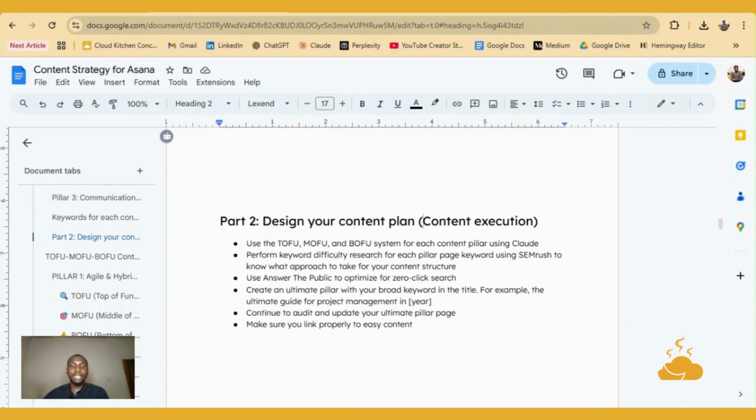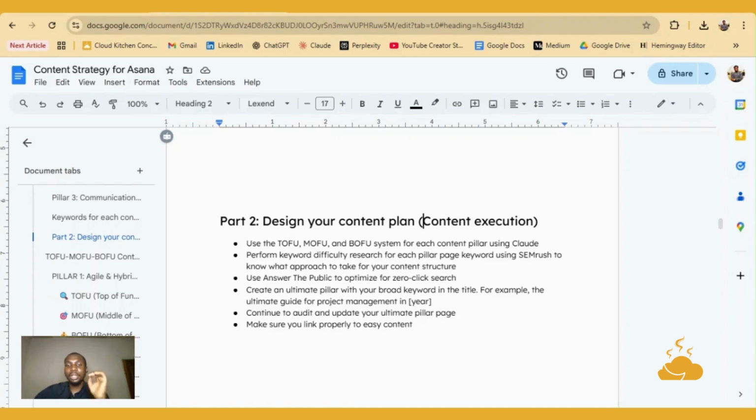In the second part, I used ChatGPT to connect the dots and arrange the solutions together and align them. So I'm using Claude now to ideate content for each of these content systems that will help in your content marketing plan in general. As we have been focusing on project management, this is tailored to Asana's